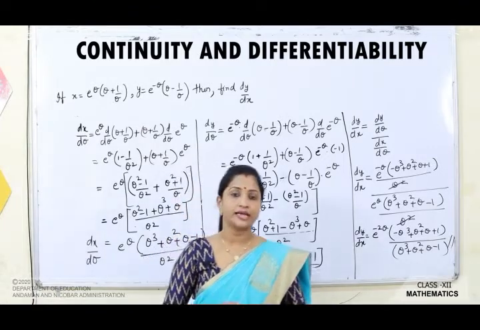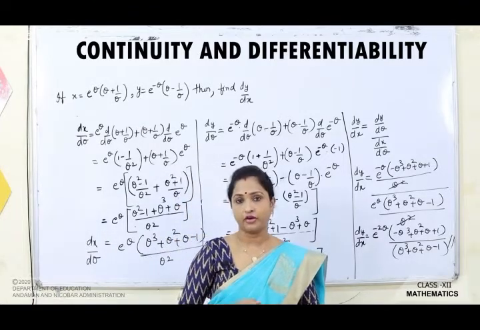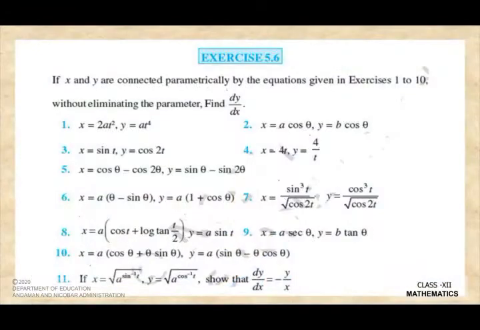Now let's see some exercise problems of our NCERT textbook. Now you can see exercise 5.6. This is a very same type of question, parametric form. So 1, 2, 3, 4, 5, 6, you can do it by yourself. All questions are the same type. You have also seen the questions which I have done just now, examples. So these are all simple questions, but I am going to do a few questions for you which are important and a little tricky also. So I am going to do the 7th question for you now.